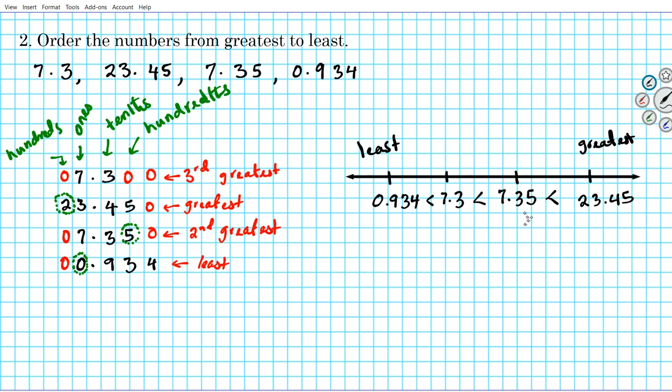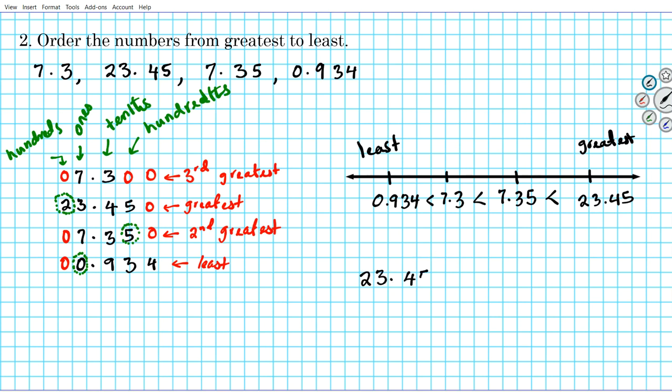So you see our number line, the greatest is 23.45, the second greatest is 7.35, and the next one is 7.3, and this is 0.934. Alright, so 0.934 is less than 7.3, 7.3 is less than 7.35, and 7.35 is less than 23.45. Okay, so our final answer, we're going to order them. It says from greatest to least, so write the greatest number first,